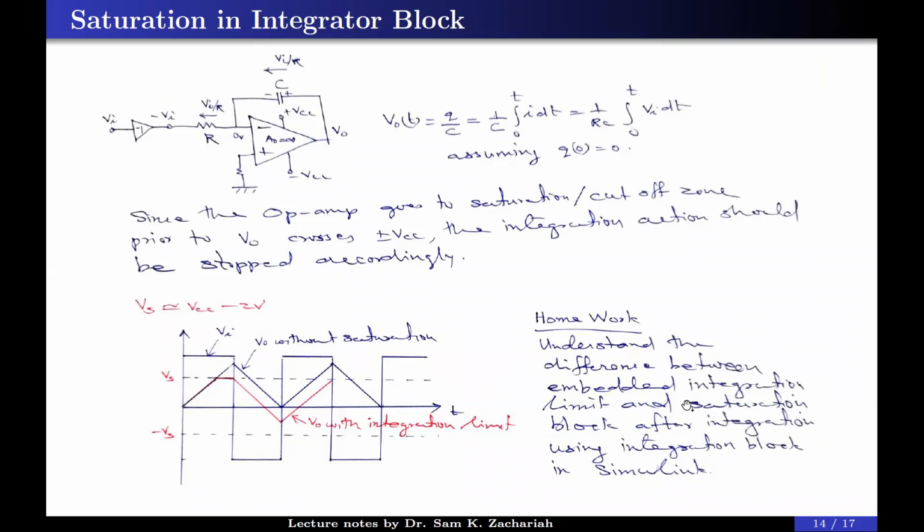There is one more way to show the limit along with an integrator. How is it? You assume a linear integrator, then cascade a simple saturation block, plus or minus Vs, in front of this after V0. That effect will be different. So you can just build two integration circuits using Simulink after this lab class and see what is the difference between an integrator with embedded limit and an integrator with an explicit external limit.